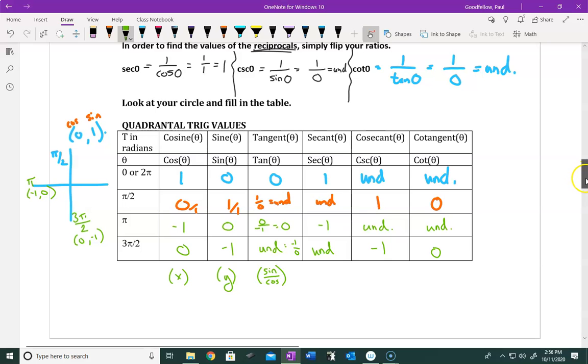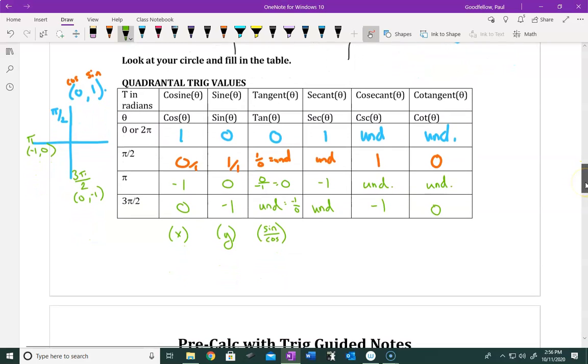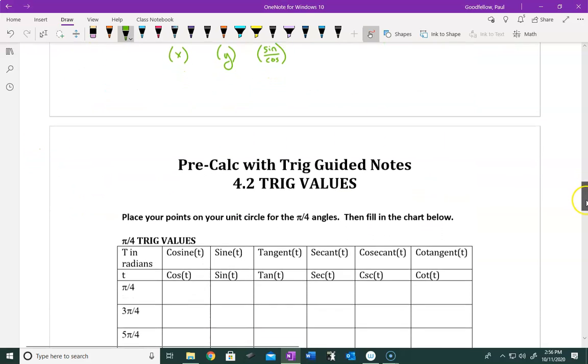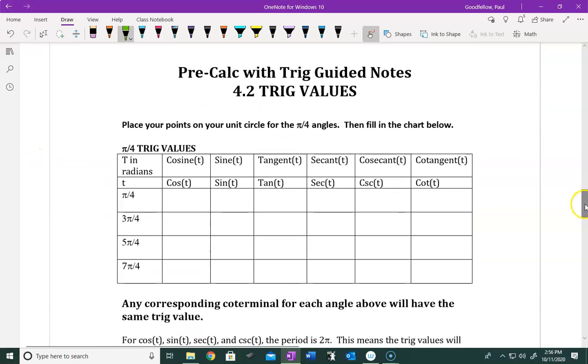So pay attention to those patterns. They might be helpful in determining what your quadrantal angles are. Now, if you have to, pause it again and look at that table until you get it right. I'm going to push this down here now and say, okay, let's push a little bit further and past